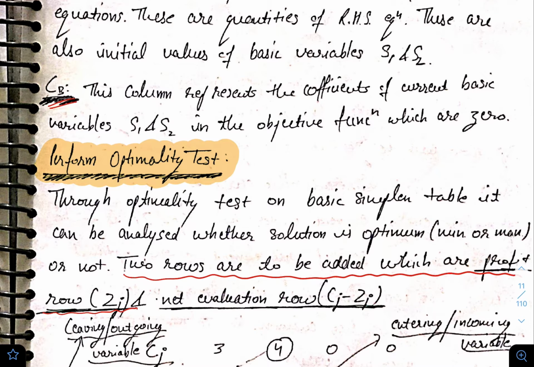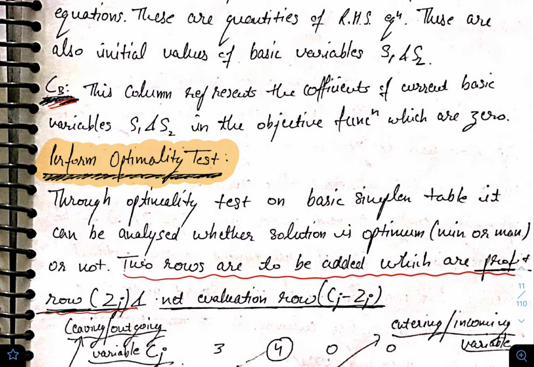You remember when we were solving linear programming problems using the graphical method, we calculated the value of Z at each corner point, right? Why did we calculate that? Because we want the problem to be optimum. For a maximization problem, we checked at which corner point Z is maximum. That was my optimum solution. And for a minimization problem, the point at which Z was minimum was my optimum solution, right?